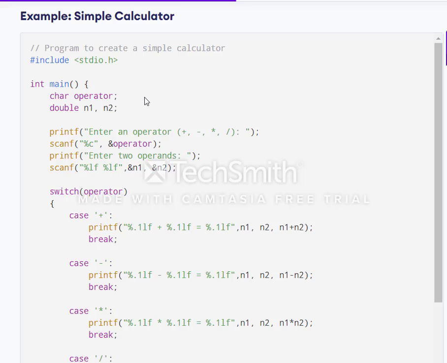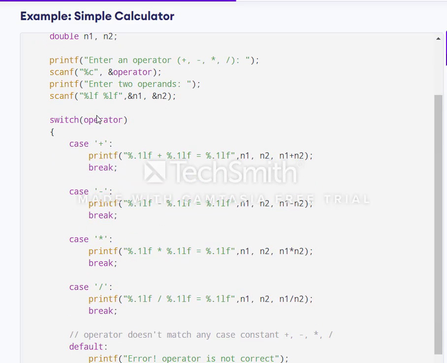So here, I already have explained about int main. Remember, here I am taking stdio.h. I am not doing anything special because I am using only printf and scanf, which are predefined input output functions. Next, a character operator. I am taking here operator as any character. Next, I am taking two numbers, n1 and n2, that are double. Otherwise you can take integer also, the choice is based on your problem.